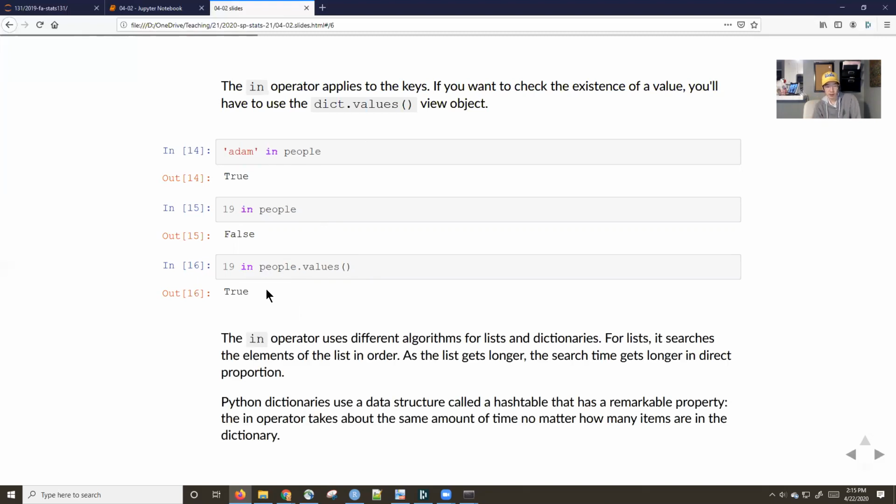So the in operator uses, this is just kind of an internal note regarding how Python runs. The in operator uses different algorithms for lists and dictionaries. And so for lists, it searches the list in order. It starts at the beginning and it goes to the end. And the longer the list, the longer the search takes. Now, probably, unless your list is like millions of elements big, these things feel very instantaneous. But yeah, if you do have a giant data set, or a giant list,